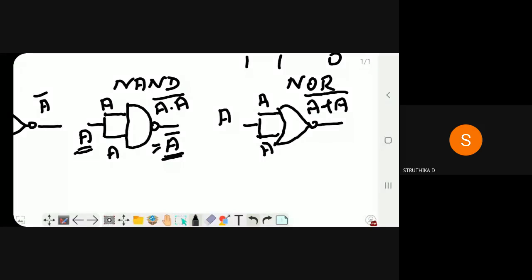A plus A, 1 plus 1. According to the OR operation, 1 plus 1 equals 1. By using the postulates, A plus A equals A. So its output is A bar. You are giving the input as A and you will receive the output as A bar. Got it? Students got it? Yes, ma'am.